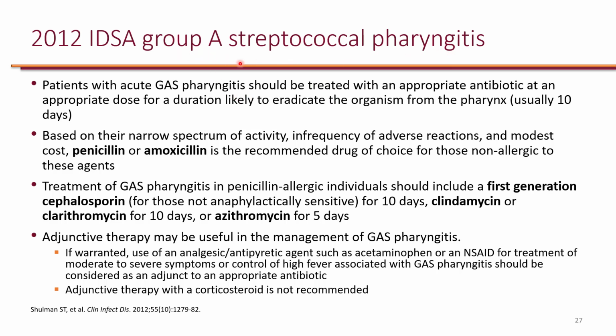So Group A streptococcus is Streptococcus pyogenes. GAS is short for Group A streptococcal. They do recommend that patients with Group A strep pharyngitis be treated with antibiotics, and the duration is typically 10 days. And they're recommending that based on narrow spectrum of activity, frequency of adverse reactions, and